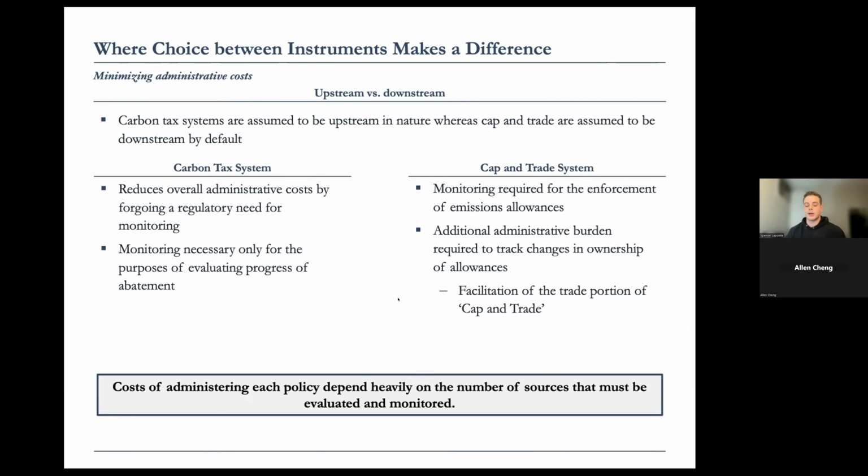Further, there is an additional administrative burden on whatever regulatory body to track changes in ownership, because a key part of the cap and trade system is that trade part, and facilitating those trades of allowances is important for the system to work. And that is, again, another administrative burden that will ultimately work to increase administrative costs. Now, cap and trade, as well as carbon tax systems, can be designed to be upstream and downstream solutions, contrary to the assumption that carbon tax systems are primarily upstream, whereas cap and trade systems are primarily downstream. The approach for each can be tailored to what you are trying to